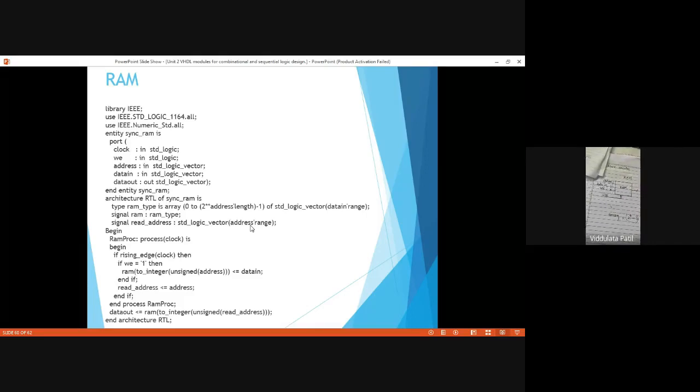ओके, then after that we are starting with the beginning of this architecture, and then here we have given the name to this process, that is RAM_proc, colon process. Okay, here in the sensitivity parameter, that is the clock, and as we have given the name, we are using 'is' here. Okay, if you have not used this name and you have directly used process and in the brackets whatever are the sensitivity parameters, then there is no need to use 'is'. पण आता तुम्ही इथे नाव वापरलंय म्हणून इथे is वापरलंय.